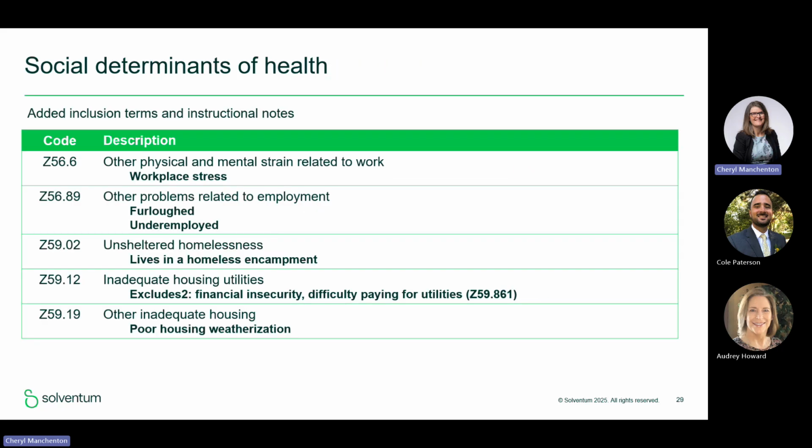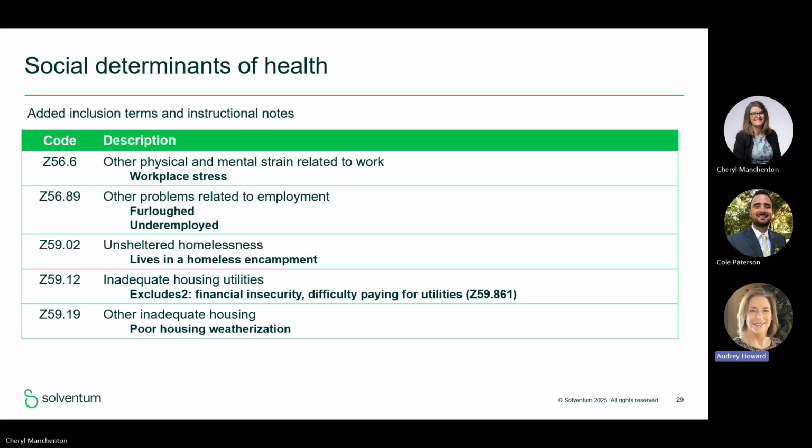Next topic. Now we're going to move on into the social determinants of health. There were some inclusion terms and instructional notes that were added to various codes to provide guidance on what is included under that specific code. So, for example, the inclusion term workplace stress was added to code Z56.6, and lives in a homeless encampment was added to